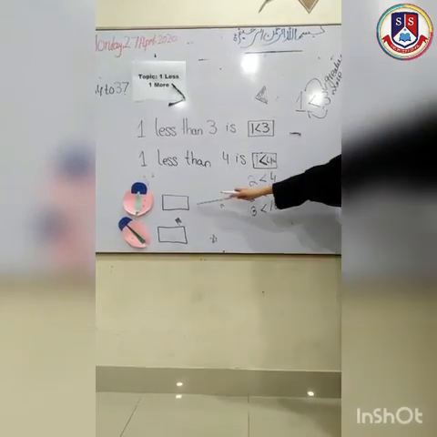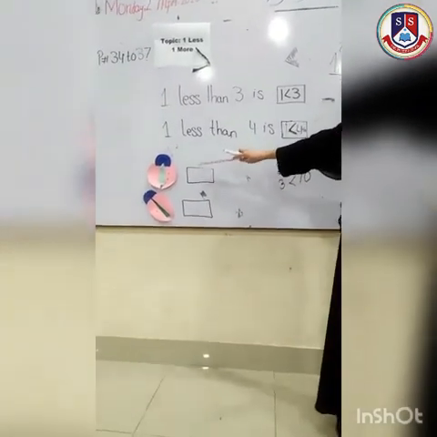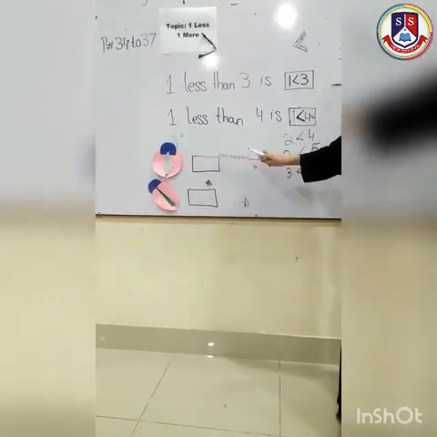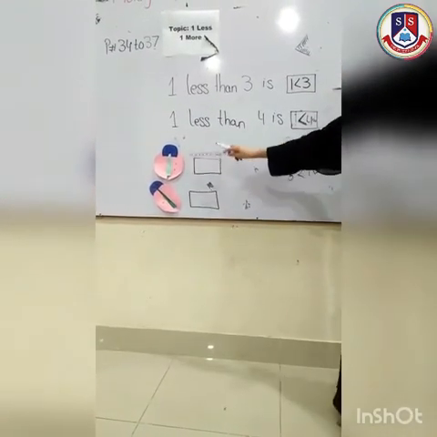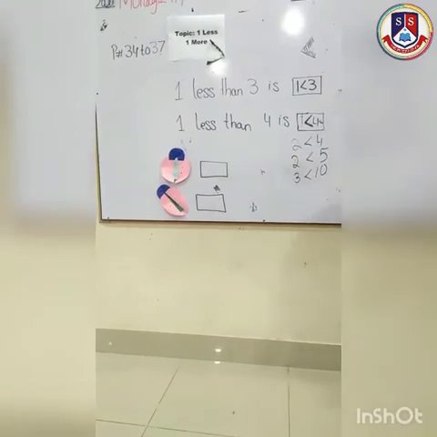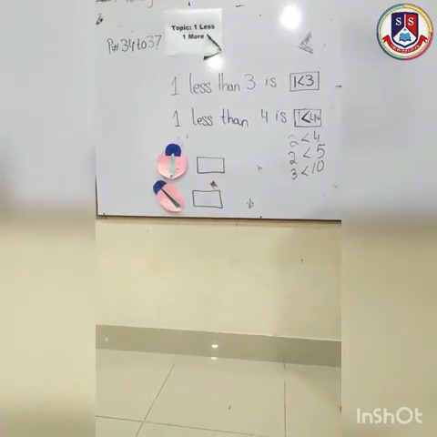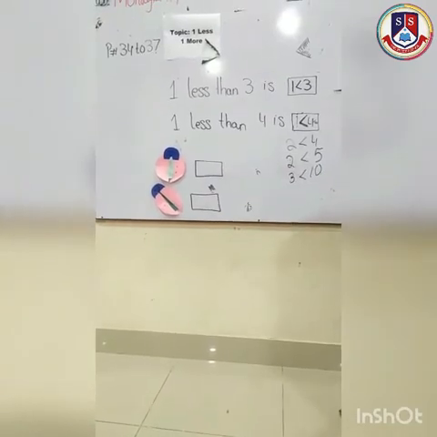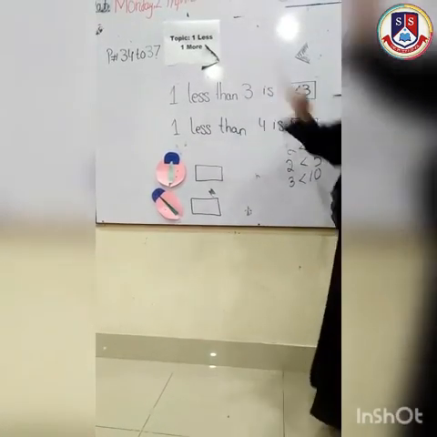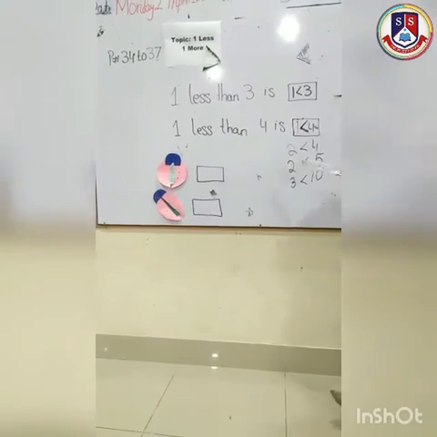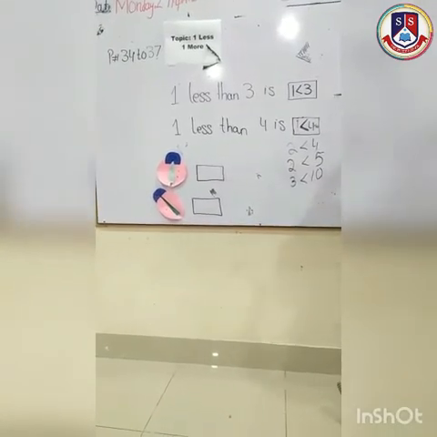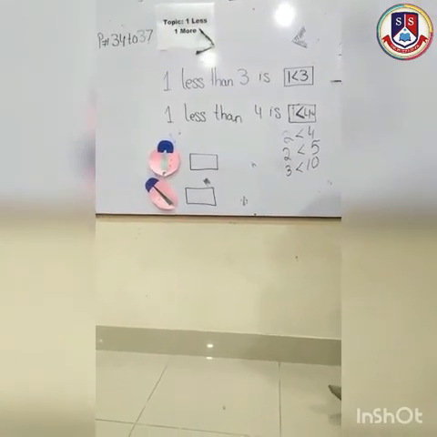So what is this? These are 2 boxes and these are 2 ladybirds. What will we show with this? One more. Now comes the matter of one more. Again I'm revising this topic related to our previous topic.